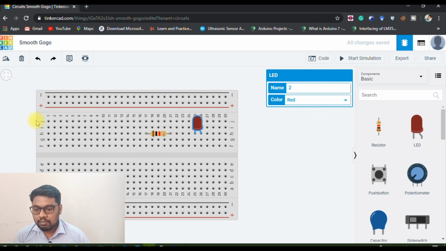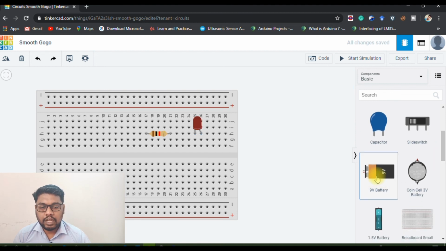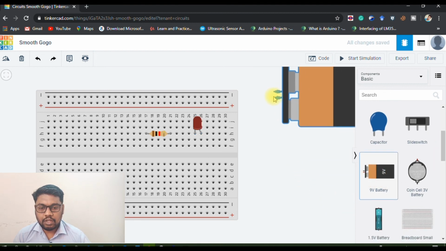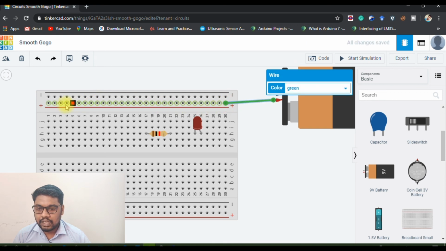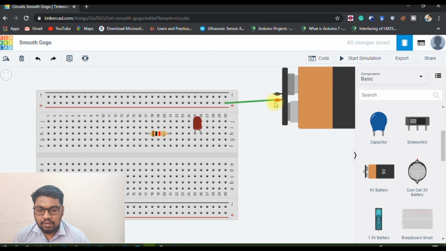Now in the top and the bottom side you can see that positive as well as negative channels are available. So suppose I am going to use a power supply like 9 volt, right? I'm choosing one 9 volt. The positive line of the battery is connected to this positive, so the entire horizontal line gets the supply. You can use any wires from here to the breadboard connection. The entire line has positive, so horizontally this is all the same. And likewise the negative is connected to this particular negative, any one of the holes.